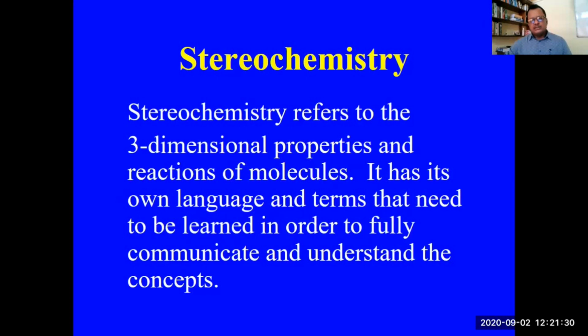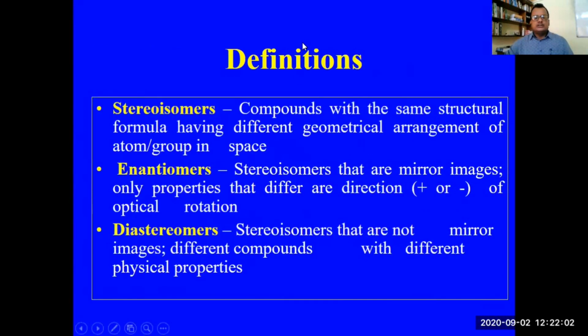Basically, stereochemistry plays an important role in biochemistry and in human physiology, because most of the drugs, the medicines we are using, are chiral medicines, and their property depends upon the configuration, which I will be showing you. That is why this topic is very important. It is very important for you to understand what is configuration, how we assign configuration, etc. So these are some terms which we use in stereochemistry.